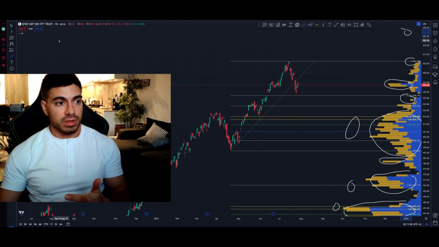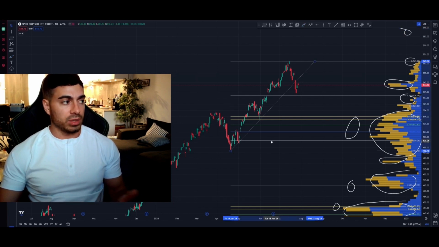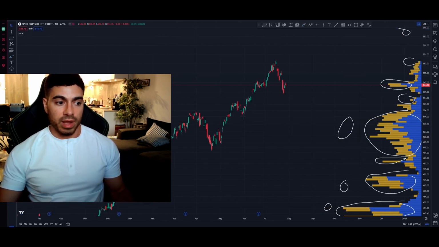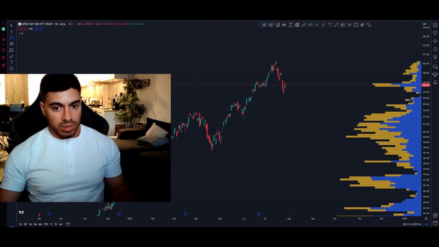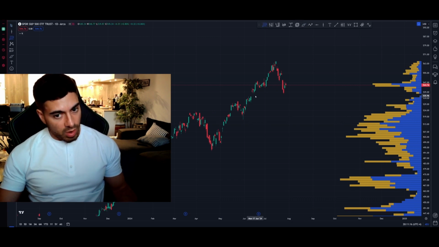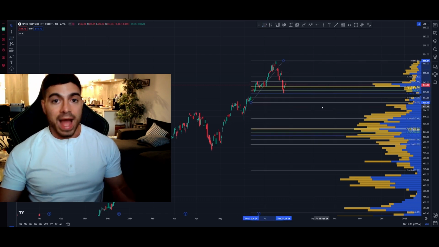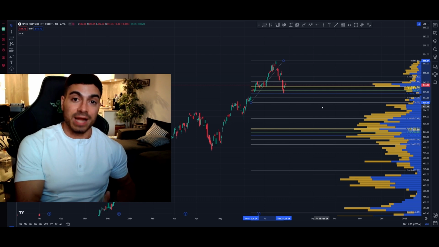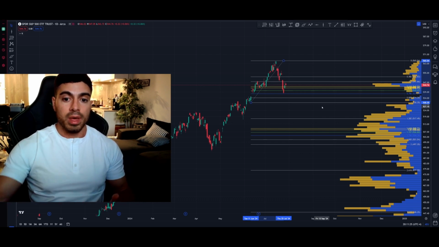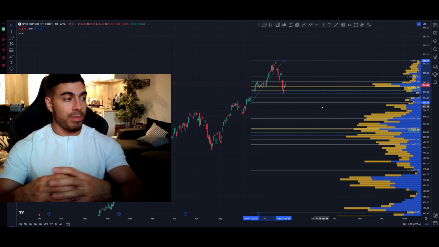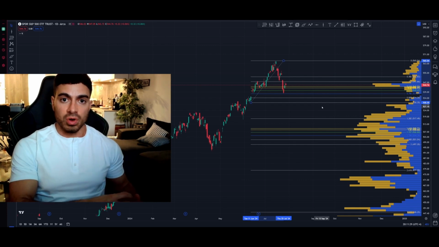And you can use this at any point. You don't have to swing low to high on just the macro. If you're looking at the micro time frames as well, you could do this simply on any one of these, right? Any one of these you can swing. And that's your job as a technical analyst. You want to be on this chart messing around with the fibs from every single point of control in the structure.